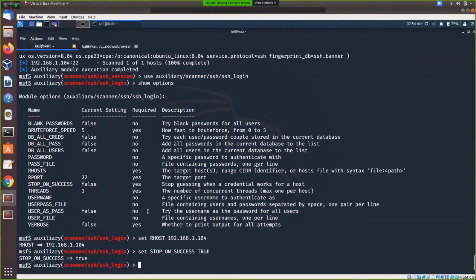Yes, it is set to true. We'll change the threads, as the number of threads gets higher, the process gets faster. So you can change it. I will change it to 20.